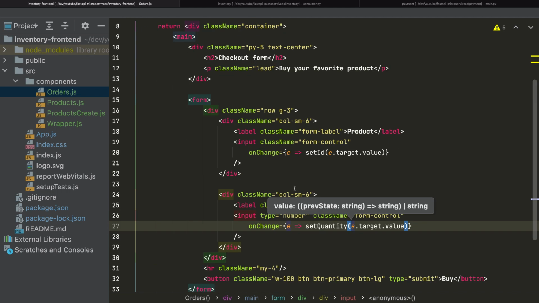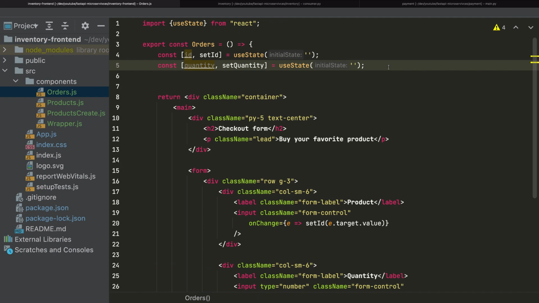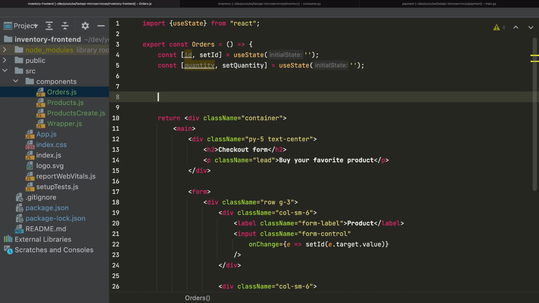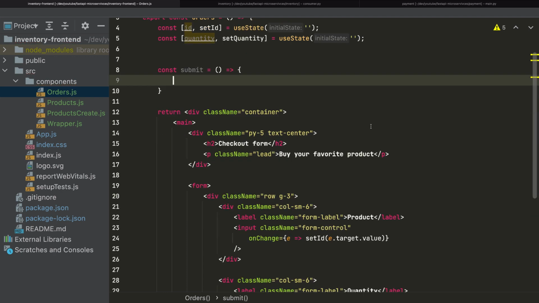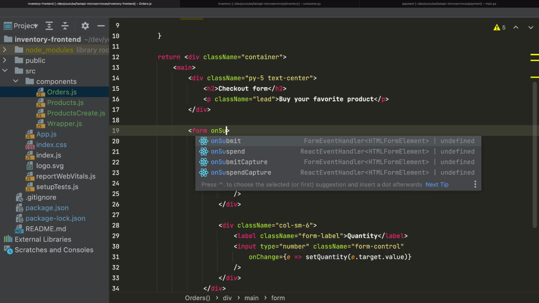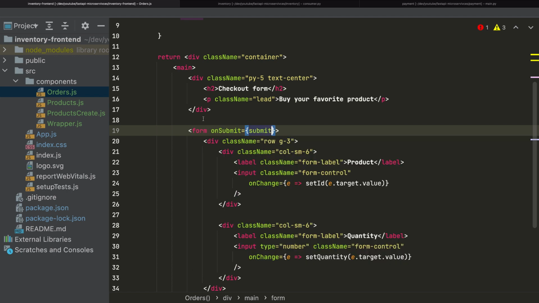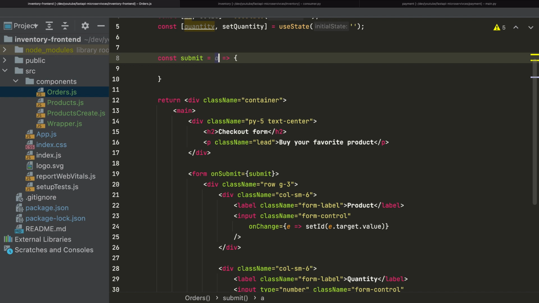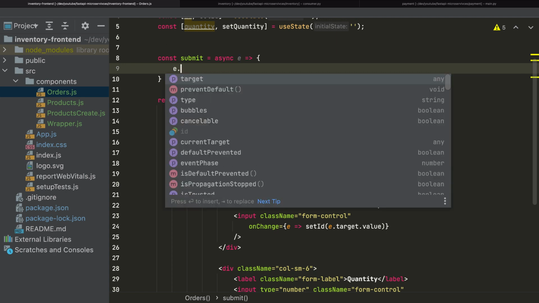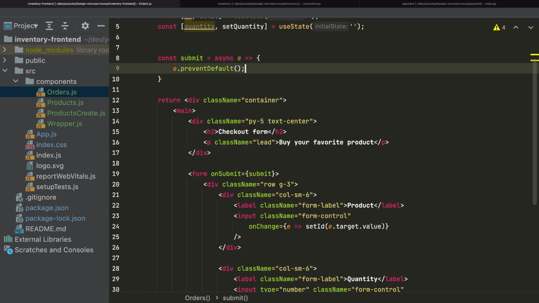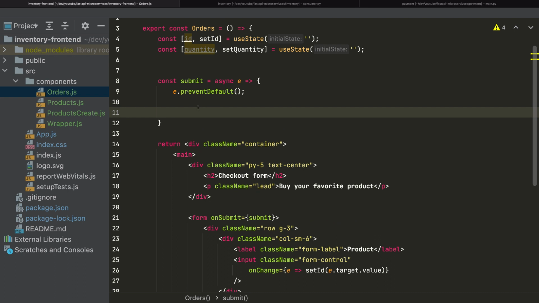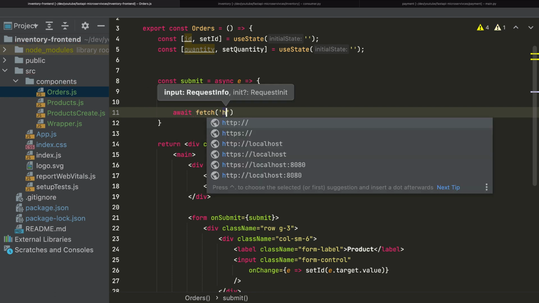So we got those values and now we need to submit the form. So let's create a function here, submit. Let's add it here on submit. We will call a submit function. This will be an asynchronous function. This will get the event and we need to prevent default. And here we want to send a request to the backend. So await fetch localhost